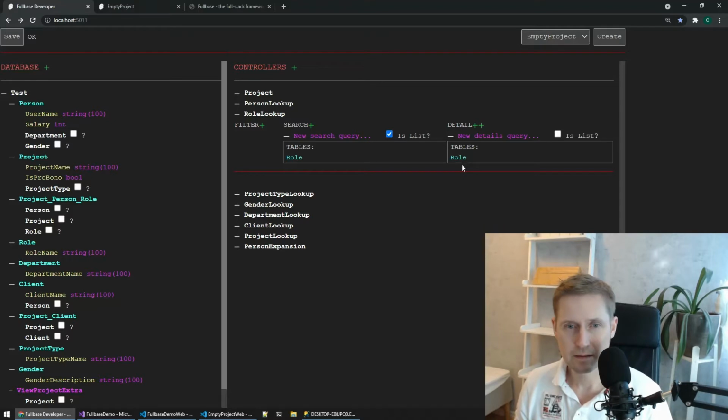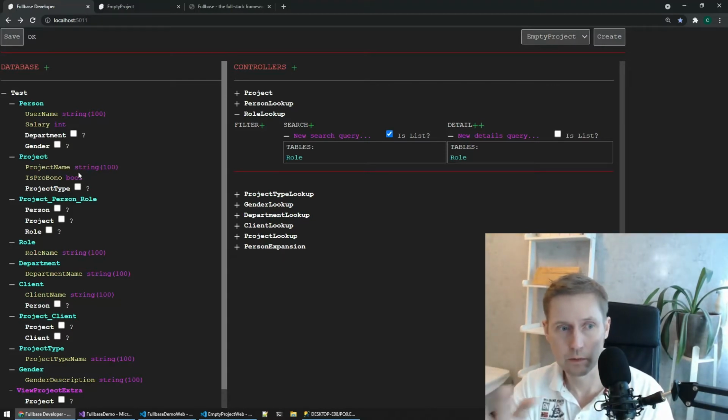What this means is that now we have enough information. So Fullbase has now created all the backend code for these tables: the Entity Framework classes, the Entity Framework context, and also view models. So that data is populated into view models, which is basically auto-mapping classes, but a little easier to work with. And also the same types of classes out on the web, the front-end project in TypeScript. So there will be TypeScript clones as well, identical